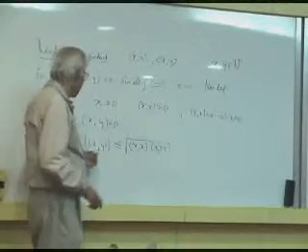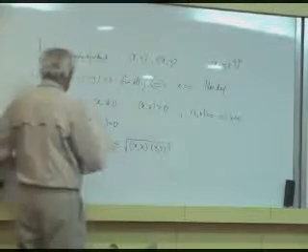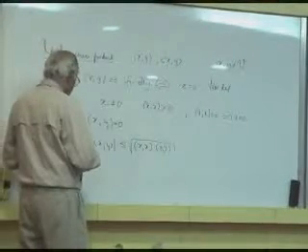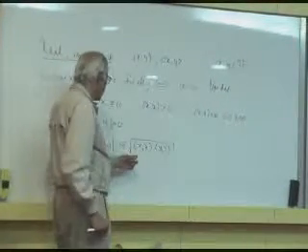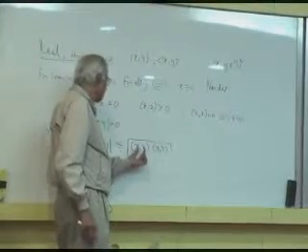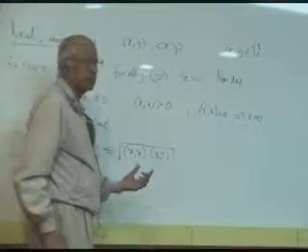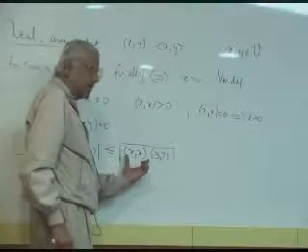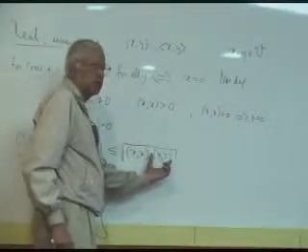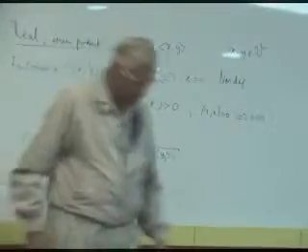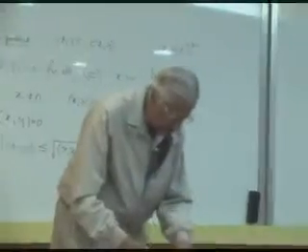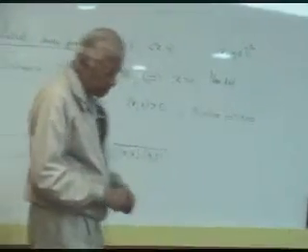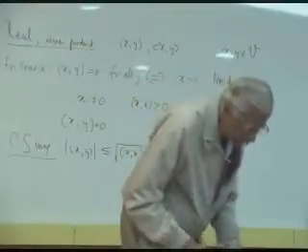Take the magnitude. This Cauchy-Schwarz inequality is the statement that this will be less than or equal to the product of the length of x and the length of y. So I put a square root. Why? Because then this part will give you the length of x and this part will give you the length of y. Okay? I will not give you the derivation. It is not complicated, but it is a very important problem. Now we go to page 9.